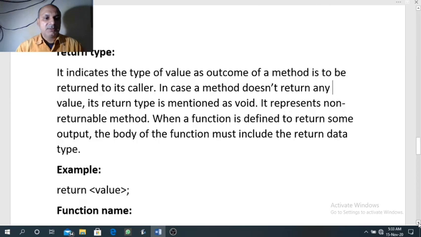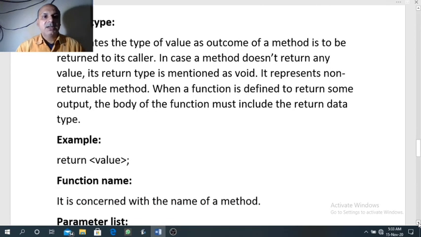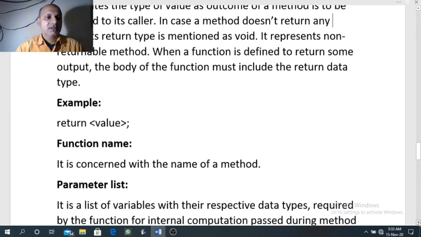Now return type. It indicates the type of value as the outcome of a method that is to be returned to its caller. In case a function does not return any value, its return type is mentioned as void. It represents a non-returnable method. When a function is defined to return some output, the body of the function must include a return statement.